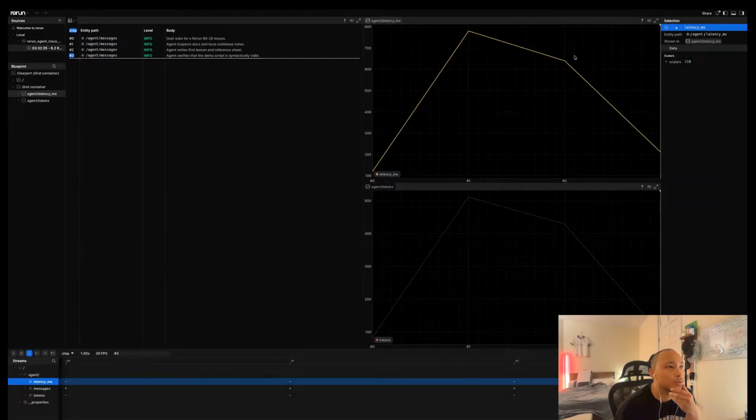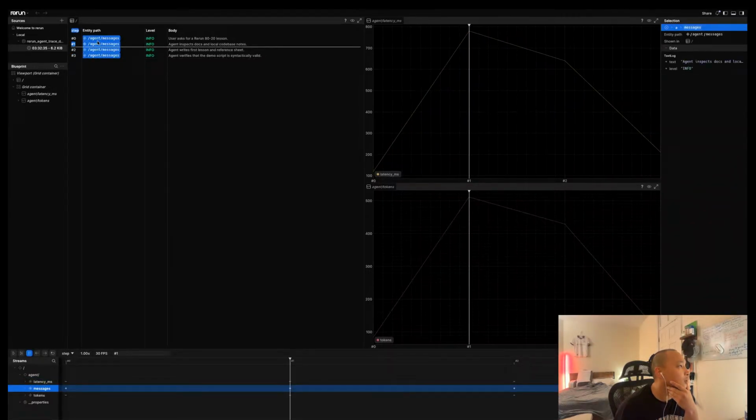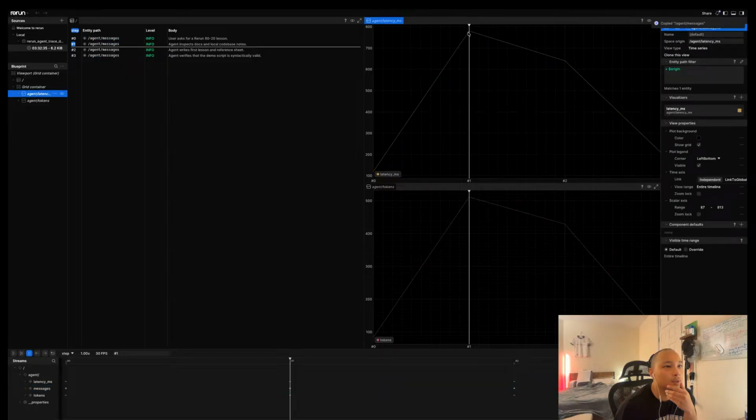I'm not sure how to read this one, but it probably means something like the first entry has a latency of 780. Let me just stop guessing and take a look at the pseudocode.